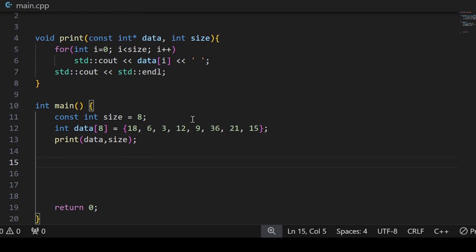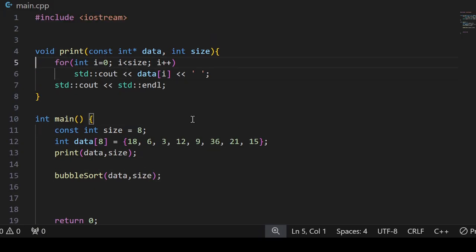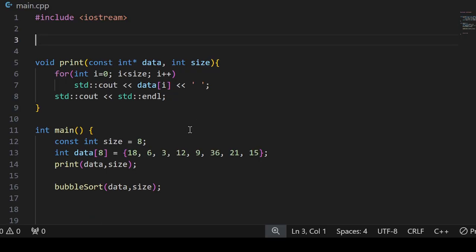So we can start talking about how I can implement the bubble sort logic. So I want to put that logic in a function, and I can call that function. Let me call this bubble sort. I want to pass the array and again the size information, because if I want to sort, then I need to pass them. So I should be able to call this function in this way. The signature of this function should be: because I don't care what this function will return, I put void as a return type, and the name of the function is bubble sort, and the data I want to receive is